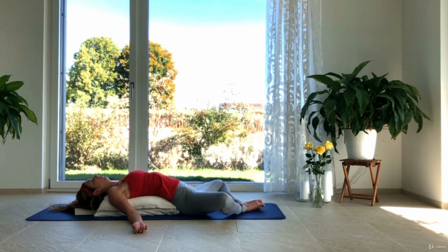Bringing your attention now to the present moment, starting at the tips of your toes. Noticing how your toes feel in this moment. Warm, cold, tingly, tight. Relax each toe in turn. Bring your attention now to the soles of the feet, the tops of your feet, relaxing your ankles and shins,